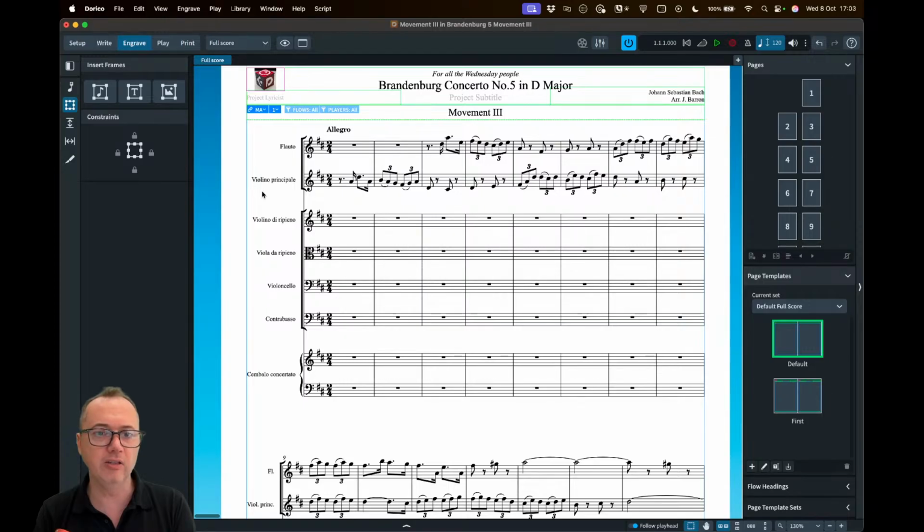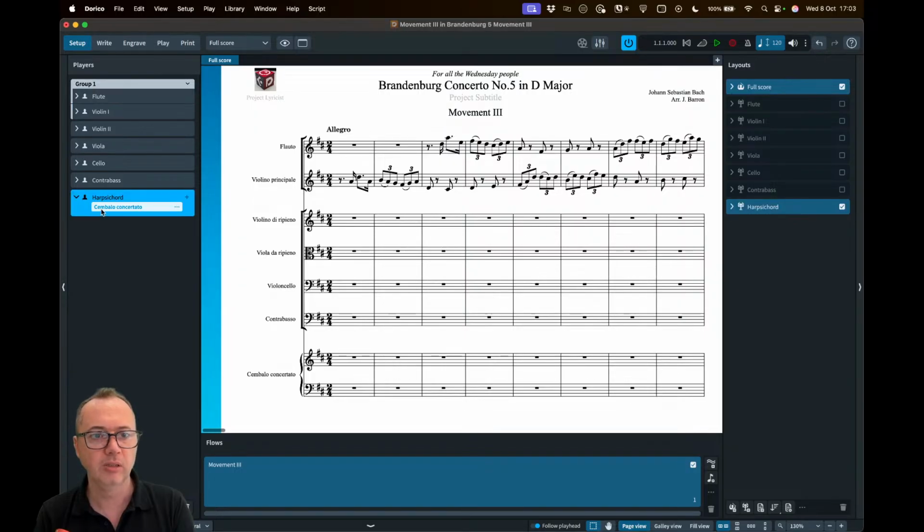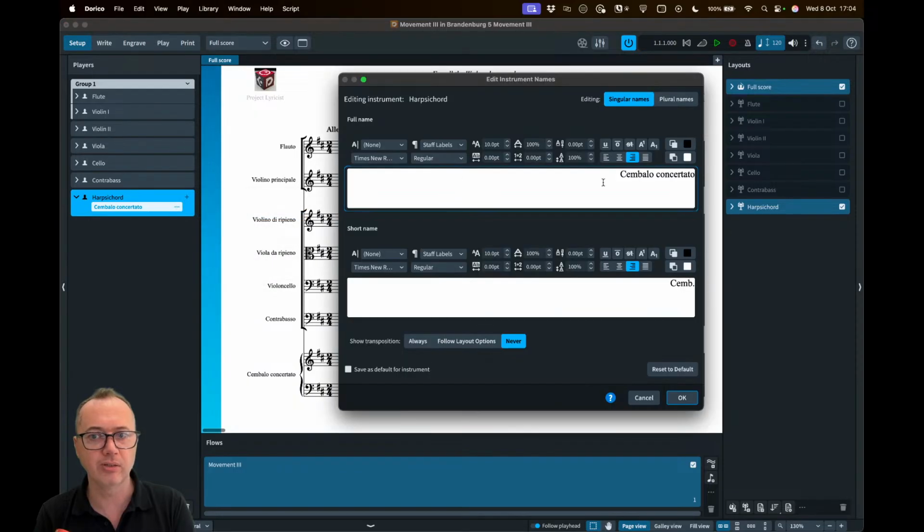In version 5, when you want to edit these names, you would have to go to Setup, and you'd have to expand one of these. So let's say this one here is a bit long, the harpsichord, and you can see I've got a player of harpsichord, but I've got the instrument name labeled correctly. So if I click on these 3 dots here, I can use the Edit Names section, and I can edit the name here. So if I put, for example, a line break in there,